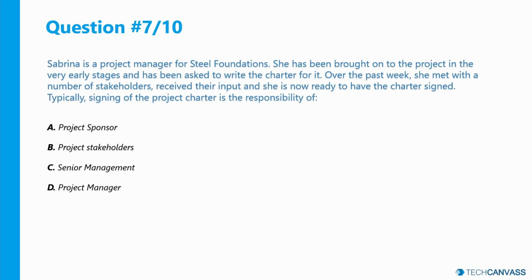Projects are authorized by someone external to the project, such as the sponsor, the PMO, or portfolio steering committee. Right? Unless the project sponsor is included within senior management, the project charter should be signed by someone with the authority to assign project resources and the authority to assign the project manager. For example, project sponsor.